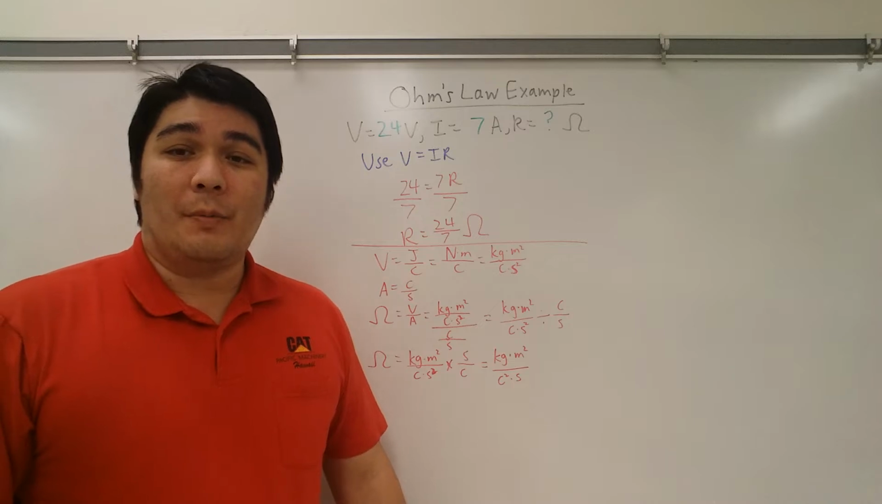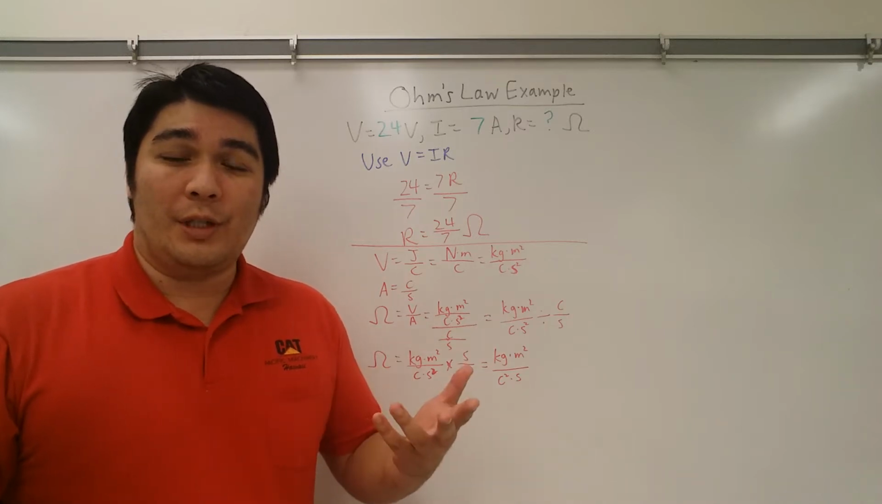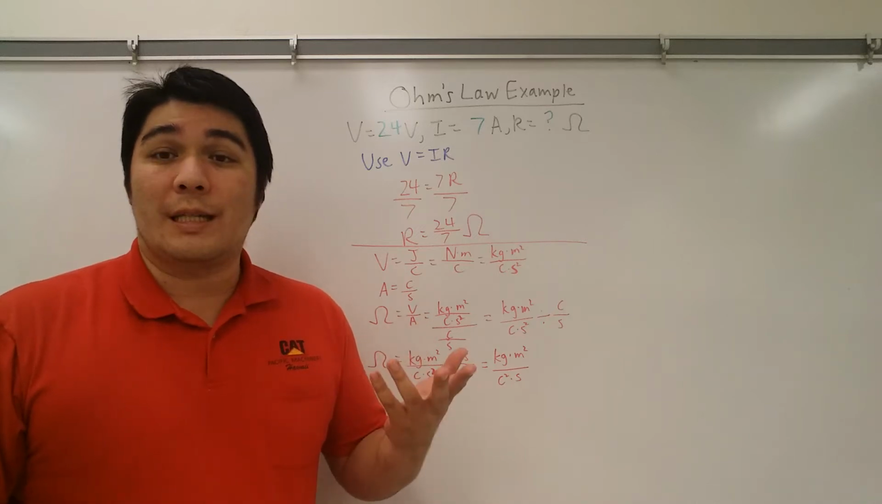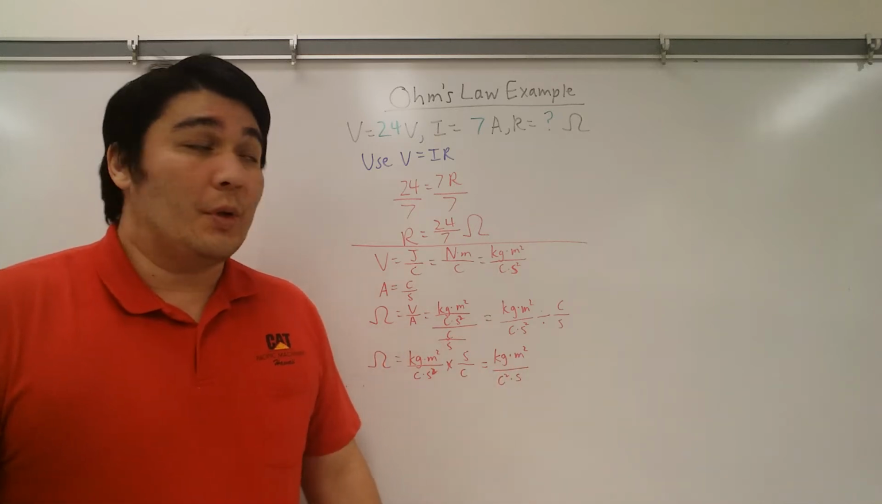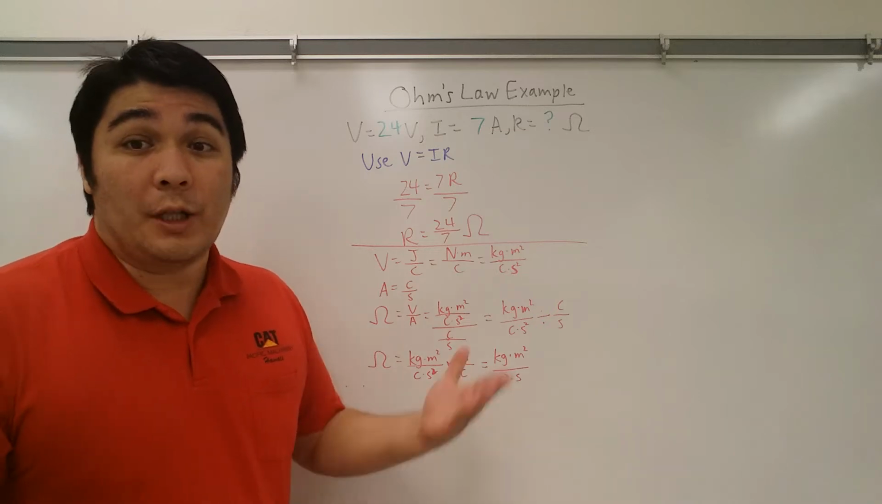So for this problem, we're dealing with Ohm's law, V equals IR, and the voltage on this one is 24 volts. The current is 7 amps, and we want to know what the resistance is. So, of course, we use our V equals IR as our equation, and then we just plug in our numbers